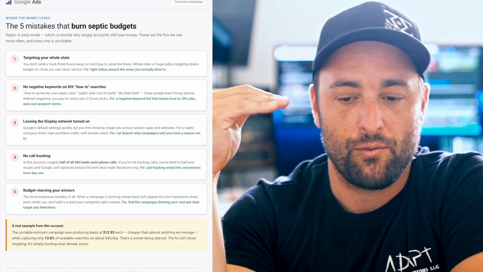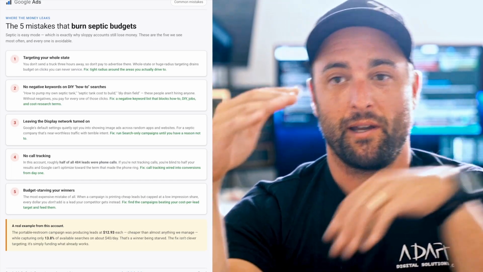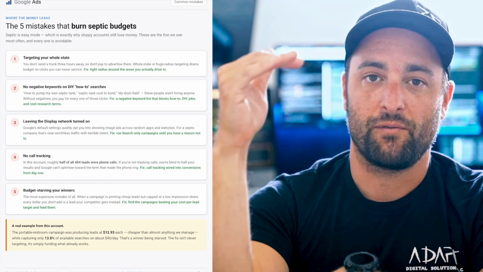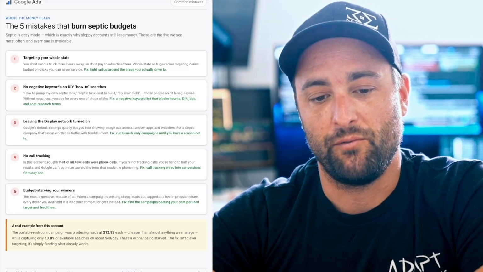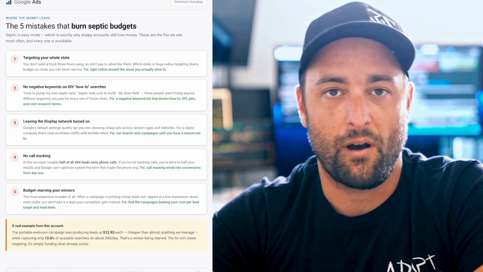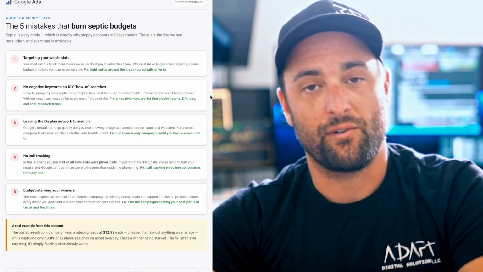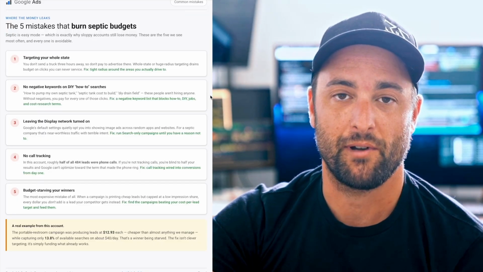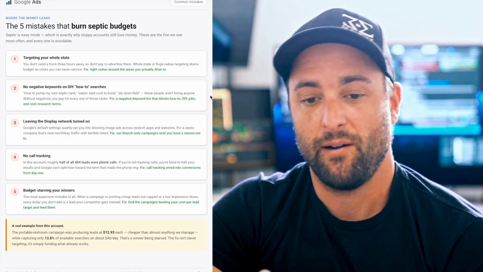The next one is negative keywords. So in Google Ads, you bid on keywords, and you can also put in negative keywords. The ones you bid on, you're saying, I want to show for these. The negatives are like, I never want to show for those. So like DIY, oftentimes we'll avoid things like how much does this cost, average price. A lot of times we'll set negatives for competitors, because if someone's searching for a competitor that happens to have a keyword in their name, we don't necessarily want to show for that. Maybe sometimes we do, but you should